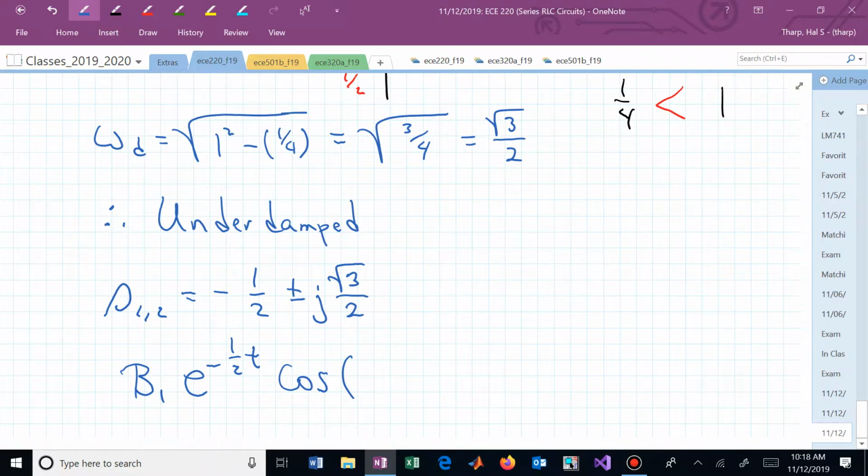Is it omega naught, which is 1? Do you see how you could cook up answers for a multiple choice? Is that the right argument? No, it's the damped frequency. That was DAMP, ED, damped frequency, which is